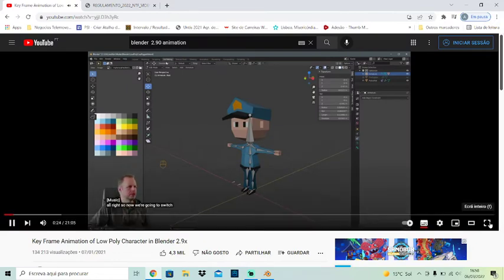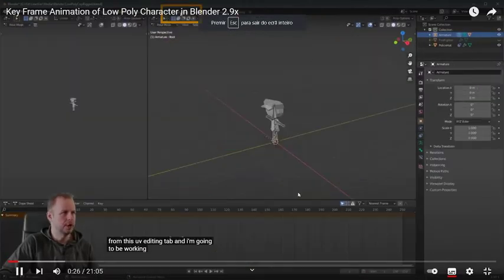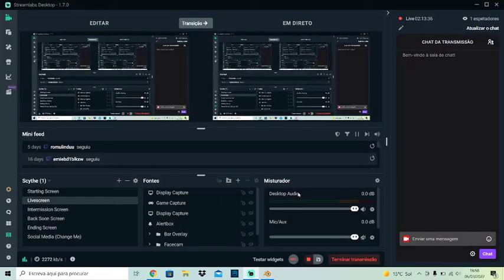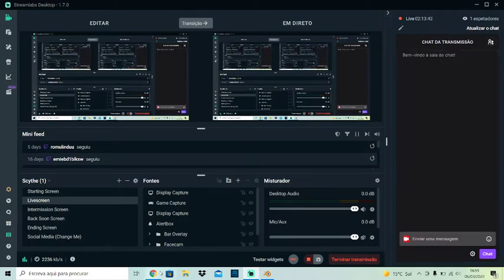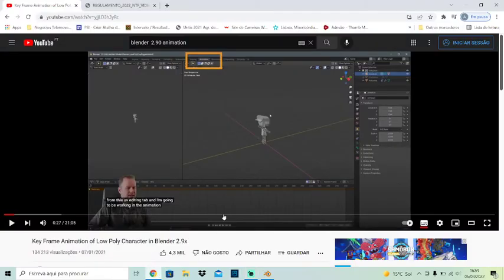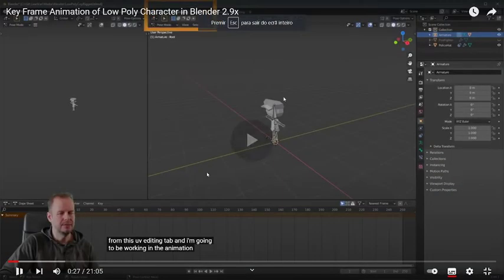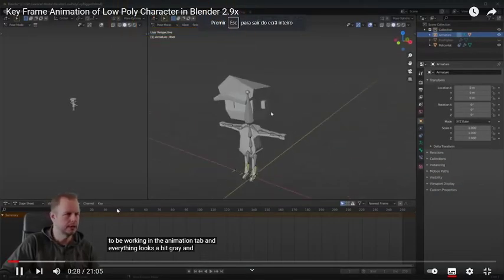So now we're going to switch from this UV editing tab, and I'm going to be working in the animation tab, and everything looks a bit gray and dull here, so I'm going to